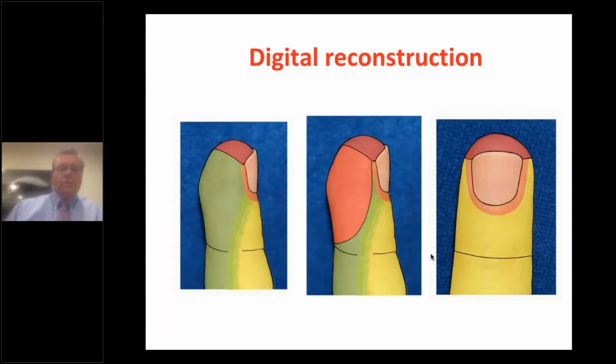Now, in digital reconstruction, the pulp is a little bit different. The orange area here is the pulp, and the dark rust colored is an area I think that we should concentrate on more, and that's the